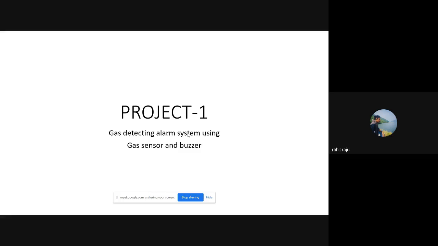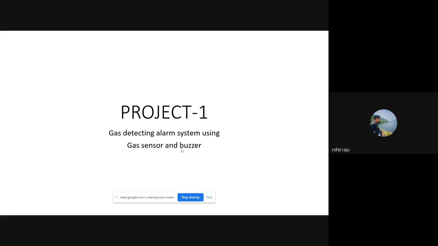But with this gas detecting alarm system, if all the parts of this project are available to you at home, and you're able to assemble it and write a proper code for it, then you can put it into direct use by attaching it to the ceiling of a room. It also has a wide range of applications, so that is why I chose this project. It's also pretty easy, and you can understand it very clearly. So let's start with the presentation.